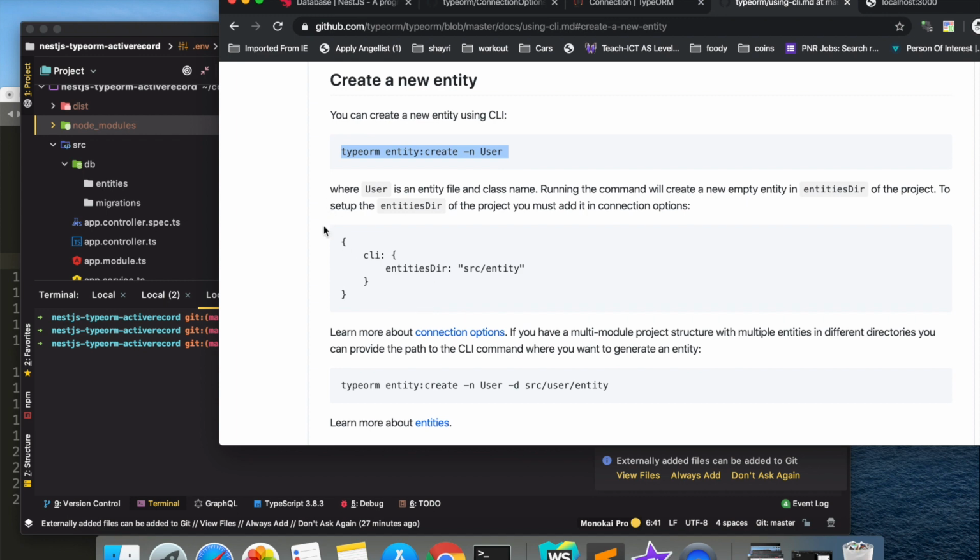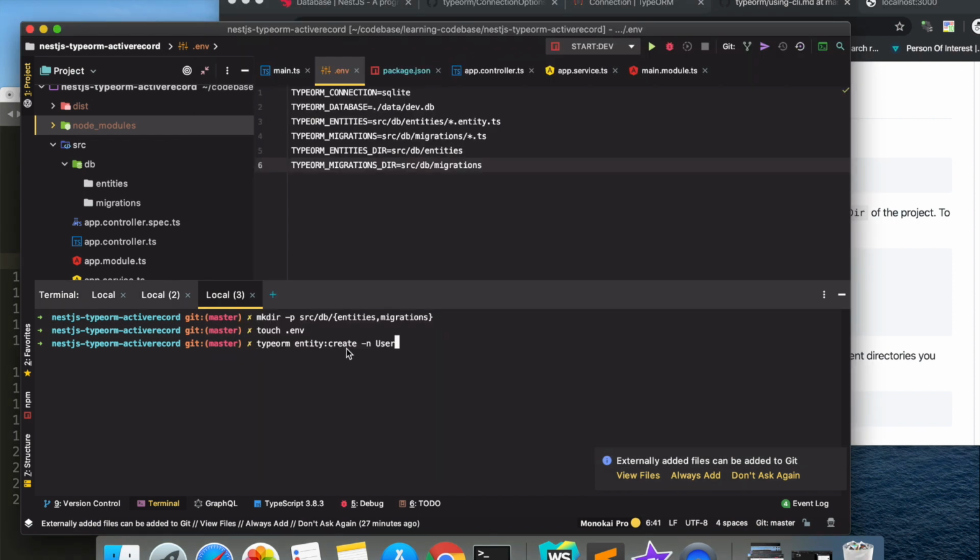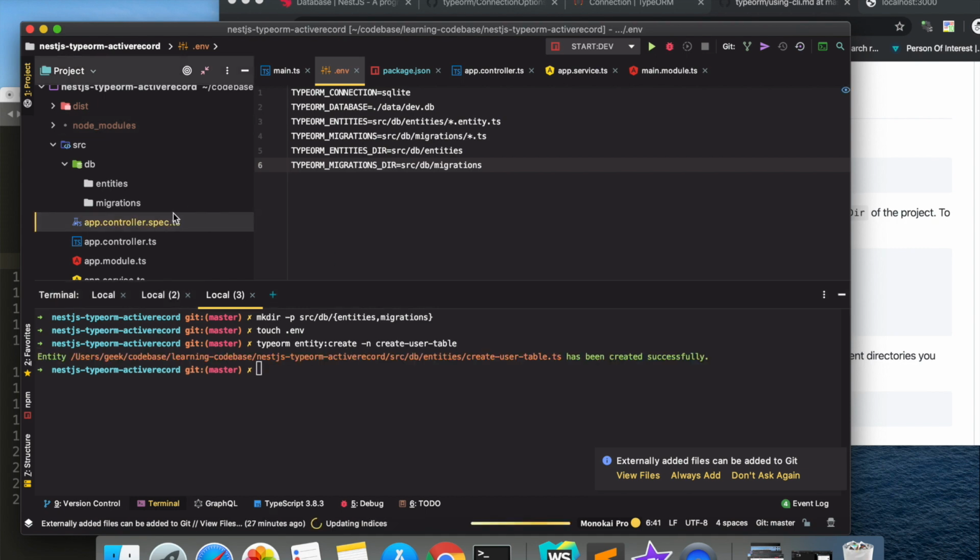We have already done all those things, so we will just copy this thing: entity:create -n followed by the name. So let's copy, and instead of just user we would say create user table. So it would create a file in your, sorry.